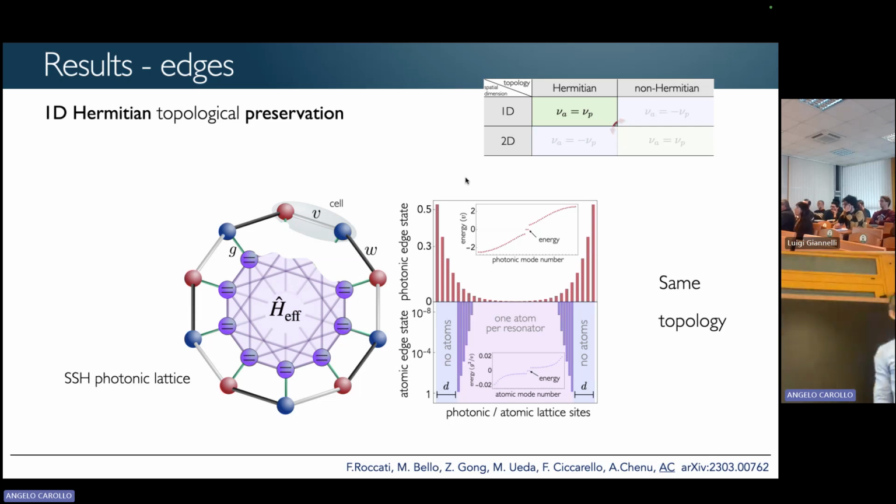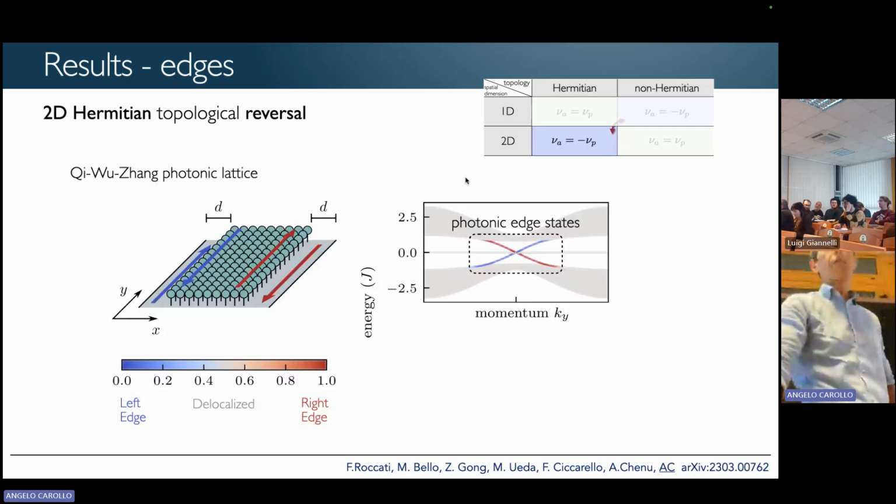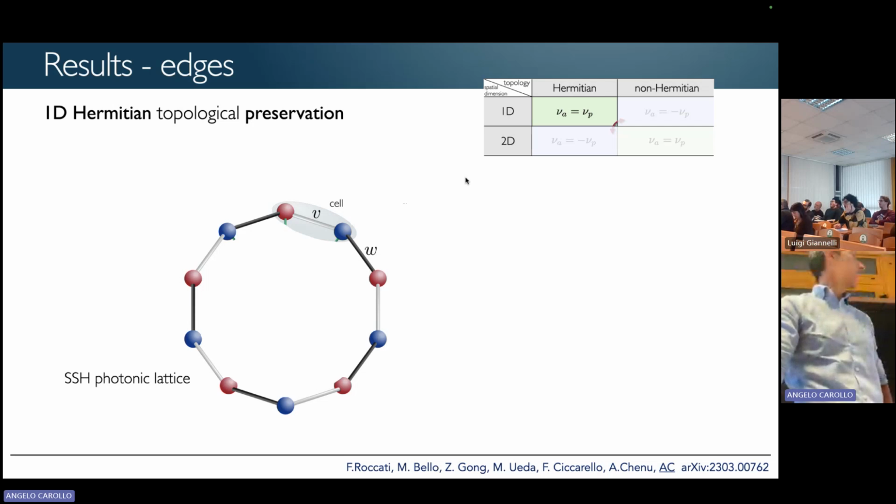But the point is that independently of how complicated this Hamiltonian is going to be, it is very hard to see whether it is trivial or not by looking at the Hamiltonian. No matter how complicated it is, you can tell that it is non-trivial because it comes from an effective Hamiltonian that has inherited the topology of the underlying lattice. It makes sense to only remove one atom from the